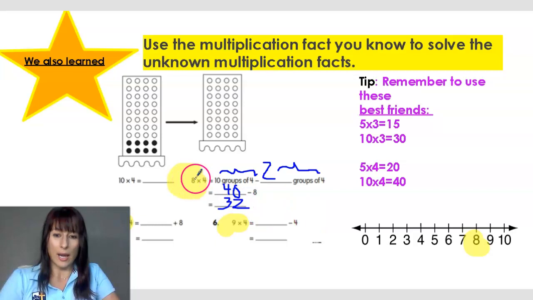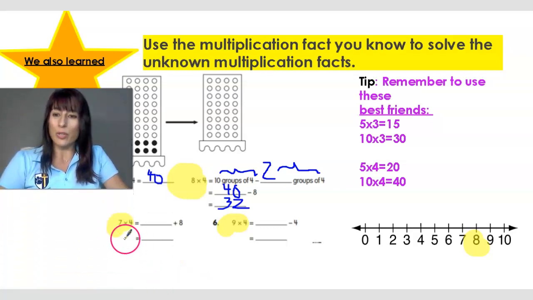Now I have to check. 8 multiplied by 4 is 32. That's correct. Okay? And the best friend that we used for this was 10 multiplied by 4. That is the fact that helped us to solve this problem. Now let's see what fact